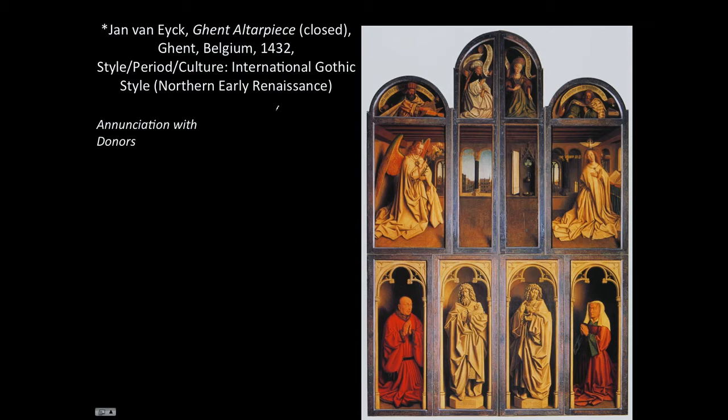Honestly, I'll let you guys go with each one, but maybe somewhere in your significance you can talk about why this is kind of representational of either or both, I guess you could say. Okay, so what are some characteristics of the International Gothic style or the Northern Early Renaissance that we're looking at here? Same as the International Gothic style, you can see that the figures are far too big for their architectural